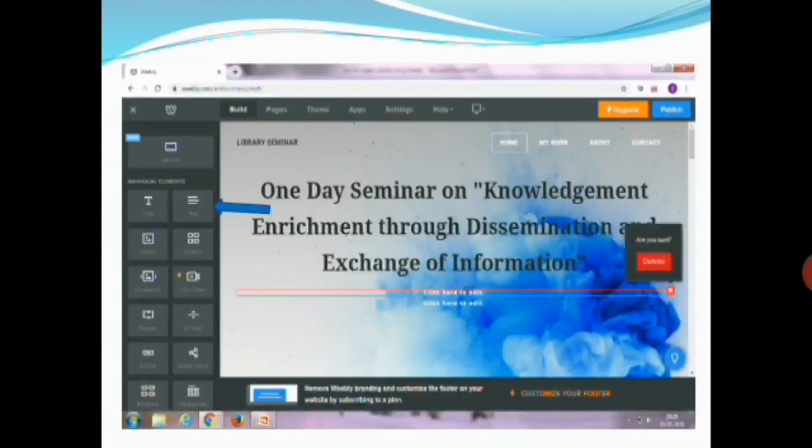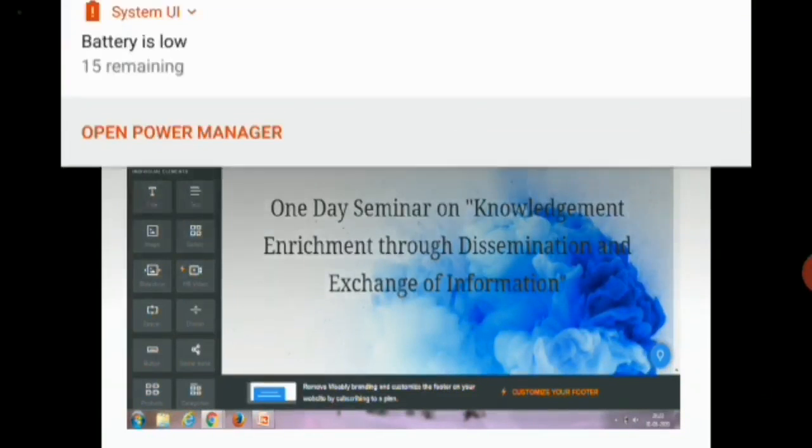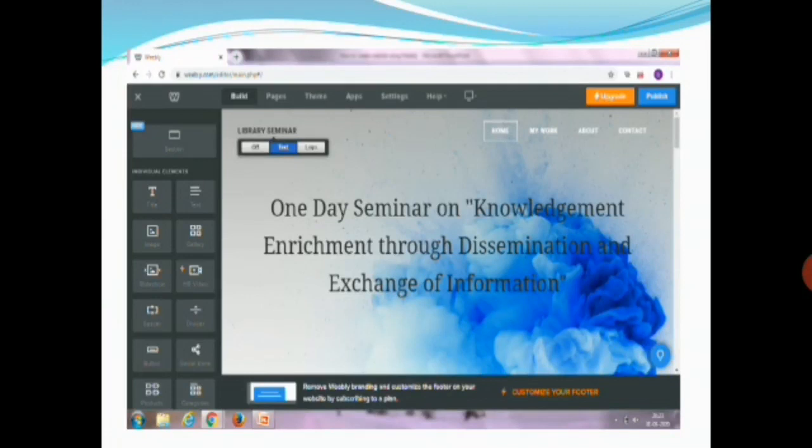And the next one is the text option. In this text option, if you want to type some information related to your seminar, you just click the text. You can type the text easily. If you don't want it, you can click the text's right corner, where you can see the info mark, and click the delete button. And one more option is there. The library seminar is only for a selective topic, so you can type text related to your seminar, like commerce, mathematics, or only seminar. You can type in the left top corner.